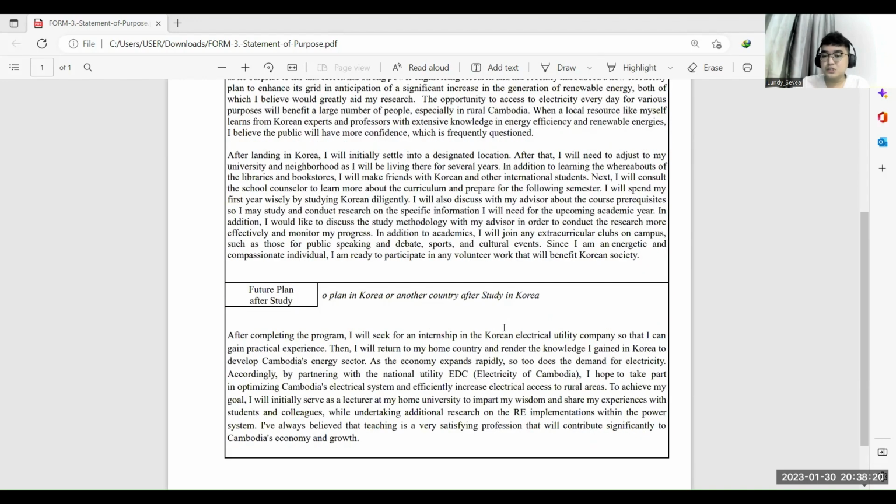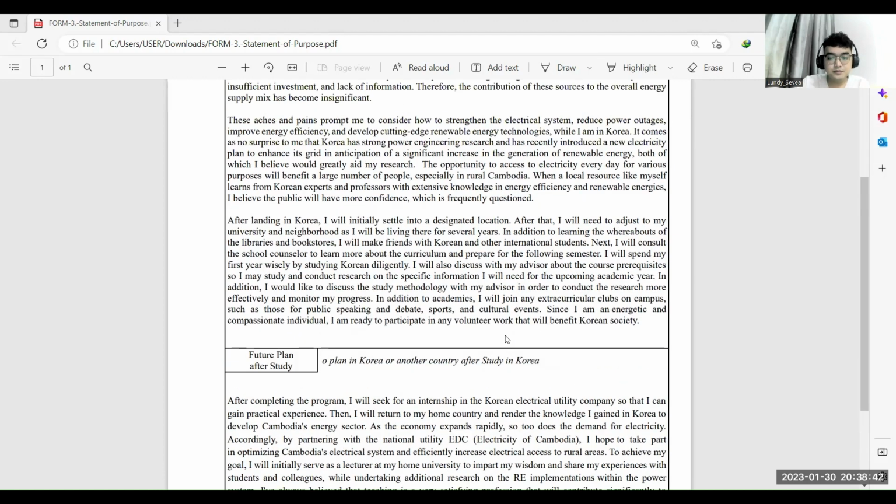For example, if I want to look for an internship in Korea, do I have any companies in mind? Try to maybe look for the missions and visions of those companies and see how they're aligned with your future plan, and you can write it in the future plan and after study,